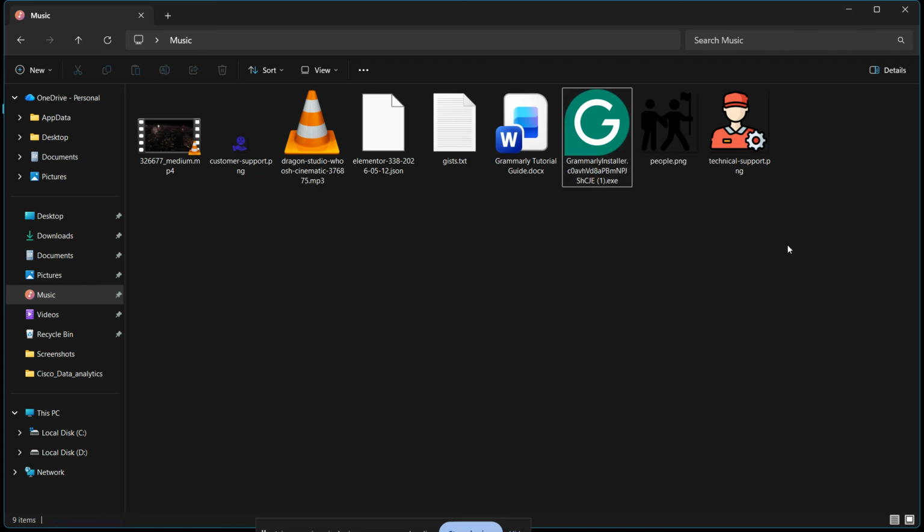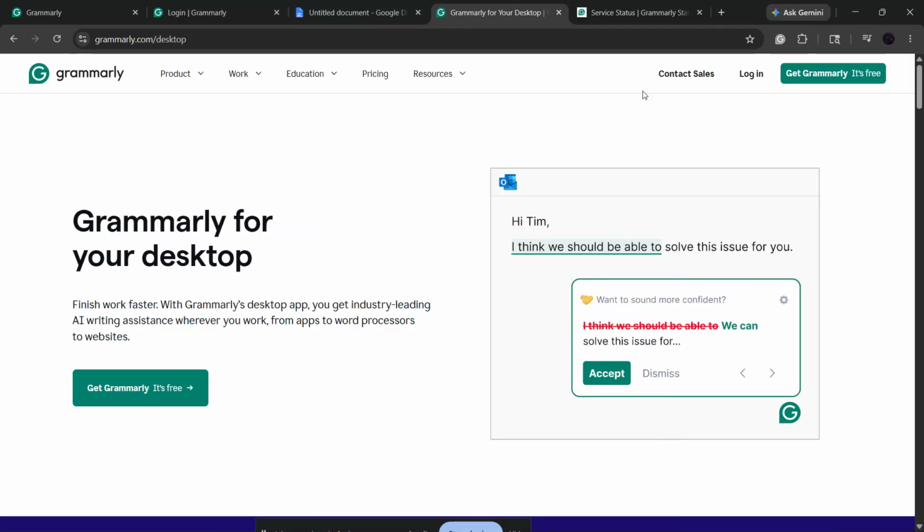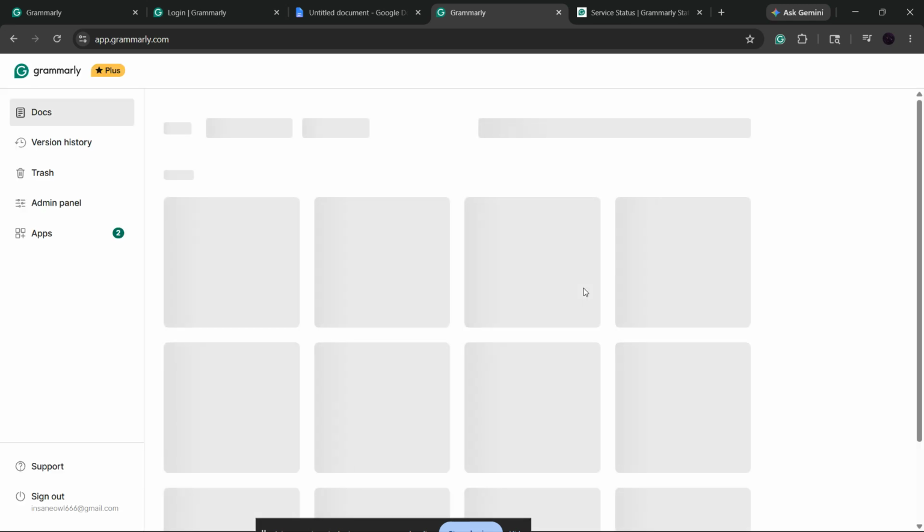Now, if the error still appears, the installer file itself may be corrupted. This happens more often than people think, especially if the download was interrupted or incomplete. The best solution is to delete the current installer and download a completely fresh copy directly from the official Grammarly desktop app page. Avoid using old files or random third-party download links because a clean download can often fix the